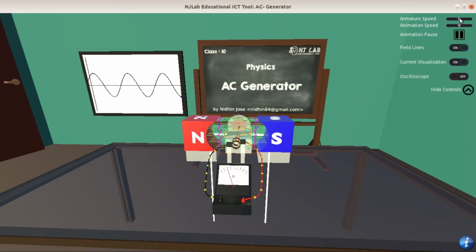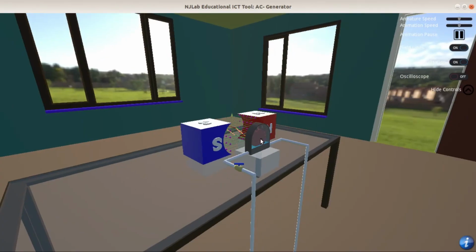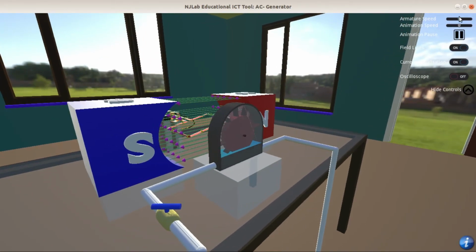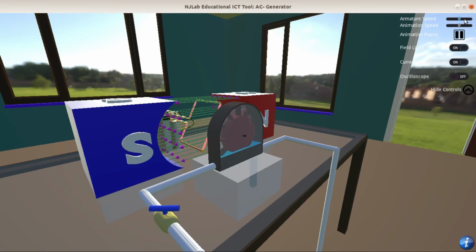Here is another control, armature speed. We can control the armature speed by controlling this slider. We can see that while the armature speed slider increases, the tap opens and closes. Then the water flow, we can control it.